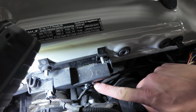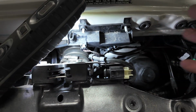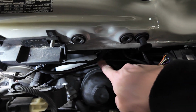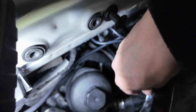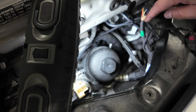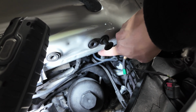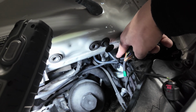Got my next zip tie right here in the center. So there is already some existing wires here, so I just zip tied it to that, and it runs down this way and over to the module. And then finally on the passenger side, that wire that comes up from the bottom from the valve controller is looped over here and kind of loops back over here, and I've got a zip tie here holding both of